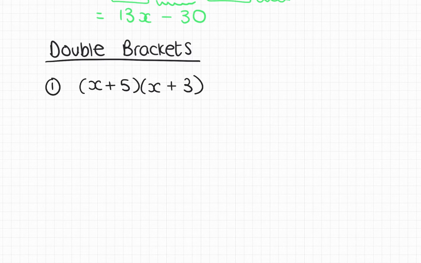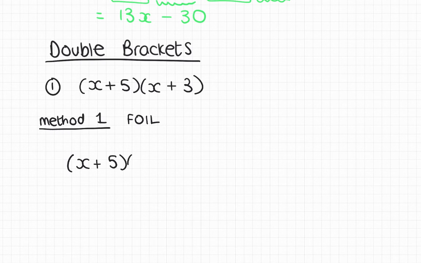And we did this using 2 methods. Now apparently some people had remembered that last year or in third form you'd used a method called FOIL: first, outside, inside, last. Some people said it looked like a smiley face or a cat face or a claw. It doesn't matter how you remember it as long as you get the right answer. So if we do it this way, we're going to do first. So I'm going to do